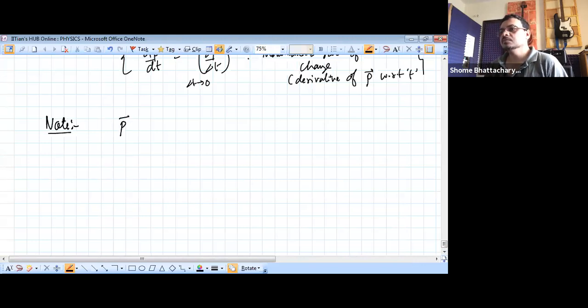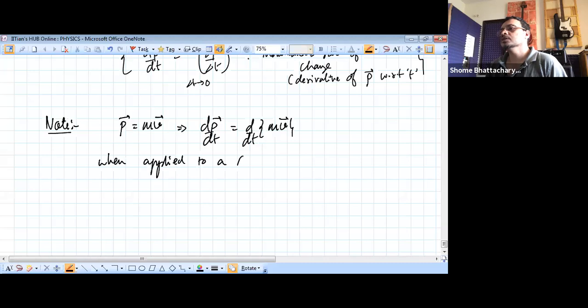Momentum being mass into velocity, rate of change of momentum is nothing but rate of change of mass into velocity. Now, when applied to a body of fixed mass, basically what we call a rigid body,